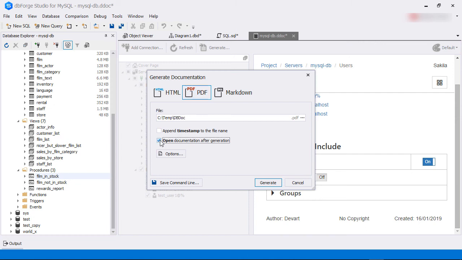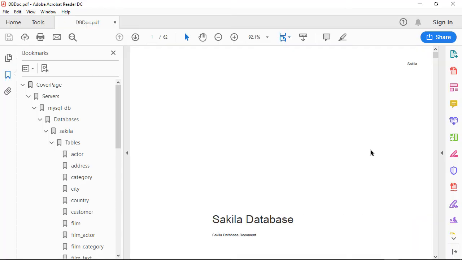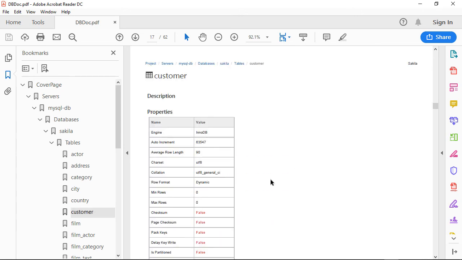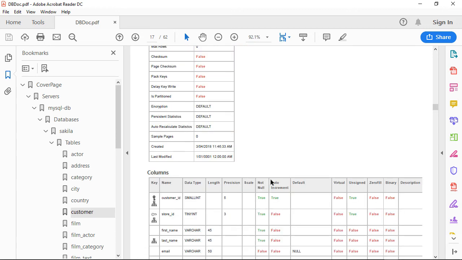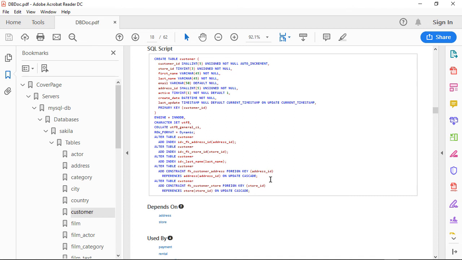We also select the option to open the document once it's generated. Our database document is now created and opened in a PDF reader. If we scroll down, we can see all the object definitions, field types, dependencies, and SQL scripts. This document now becomes a good reference for future purposes.